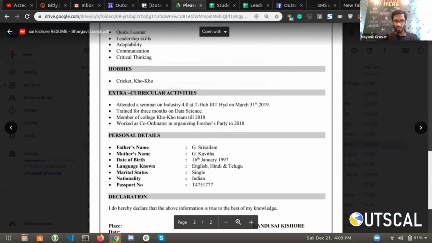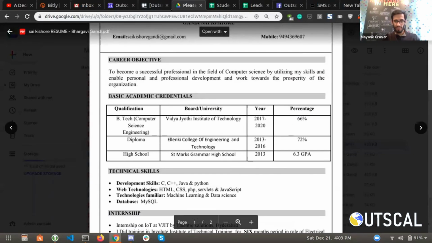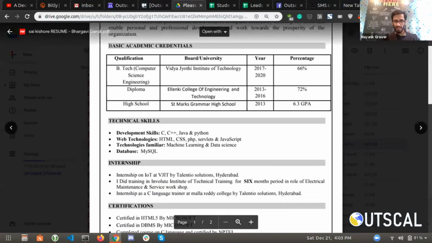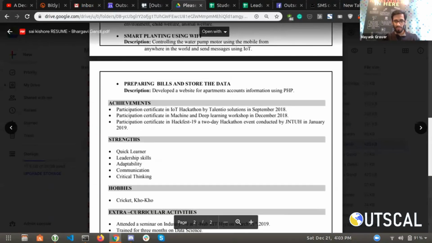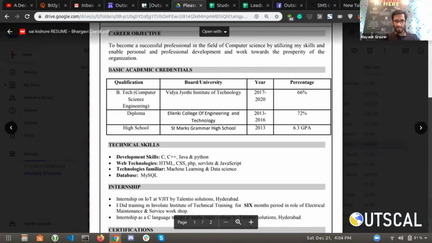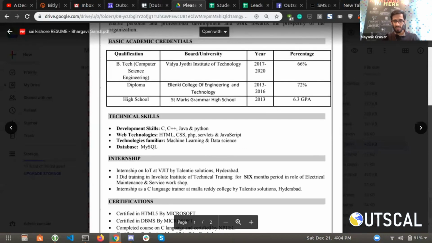Yeah, so this is again 2 pages, probably not needed. Definitely not needed, I would rather say. Too much wasted space. It just makes me want to scroll. If I can read it in one glance, I'll be more inclined to say, okay, I read it, I understand that this person is